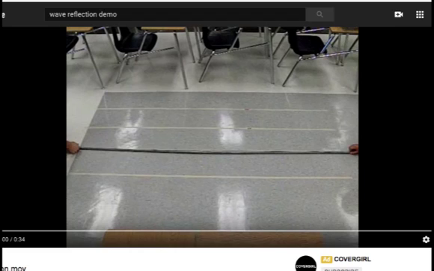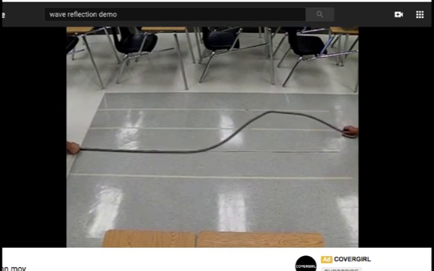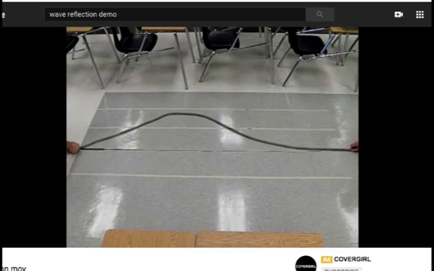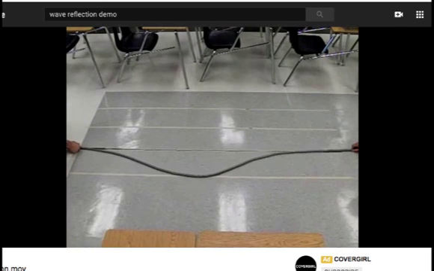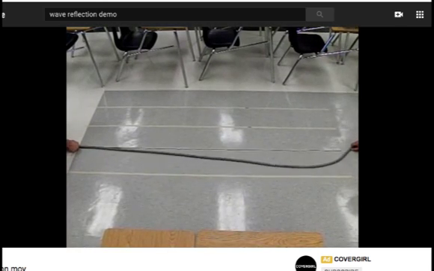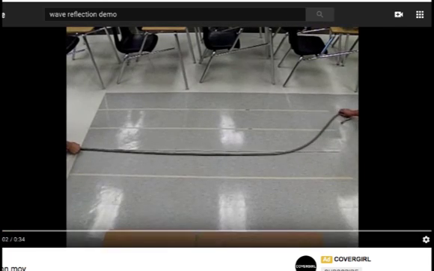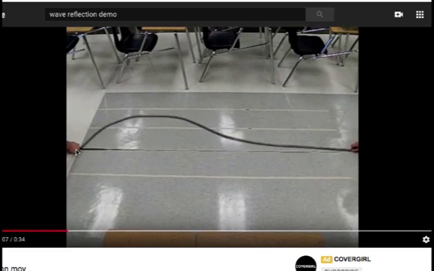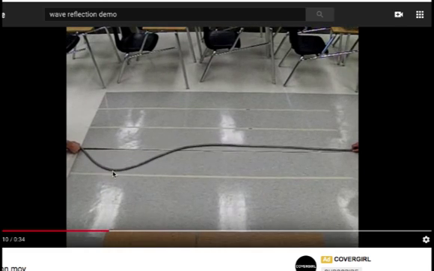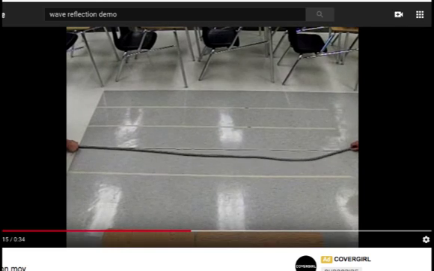Okay, so here we're going to watch the first type of reflection. So we can see the end on the left side is going to be where it's reflected off of. The pulse was sent down on the top above the line of equilibrium, and it's being reflected back below the line of equilibrium. We call this kind of reflection fixed end reflection. So let's watch that one more time. The wave pulse is being sent down above the line of equilibrium. It interacts with the fixed end, and it returns on the opposite side of the line of equilibrium. Let's watch another